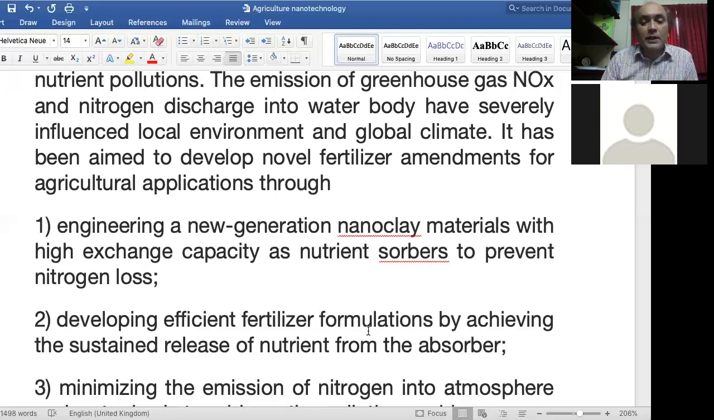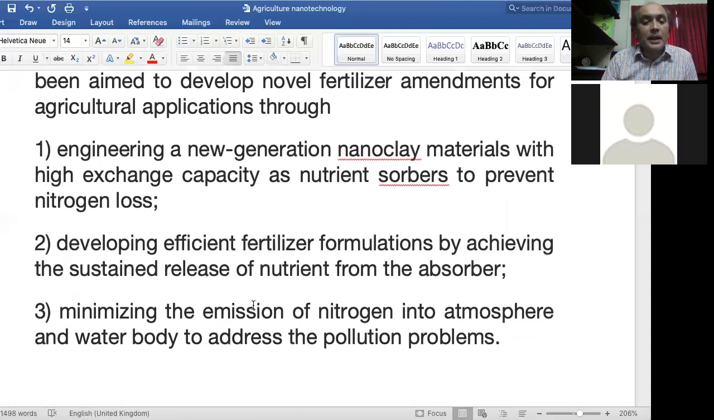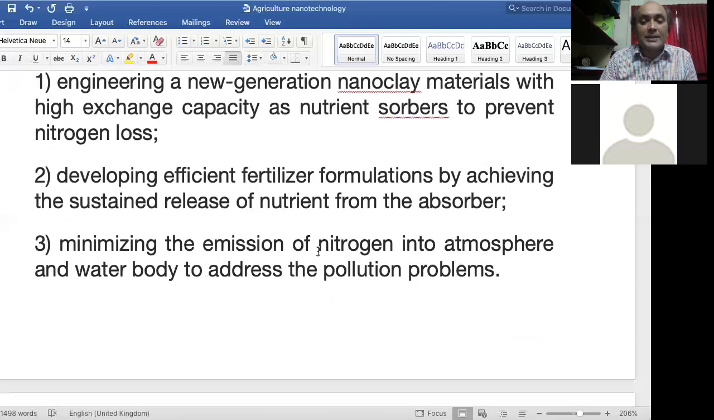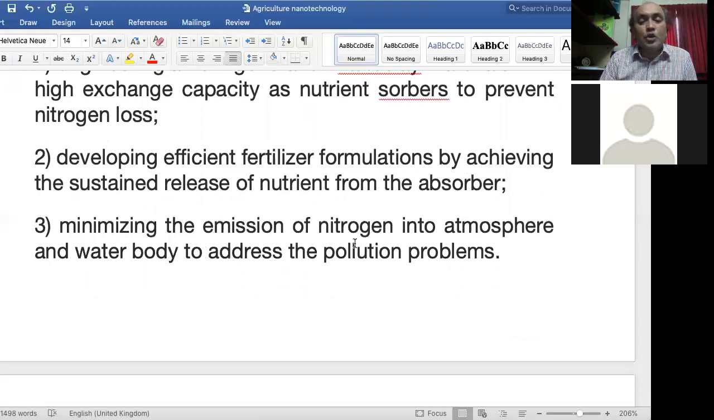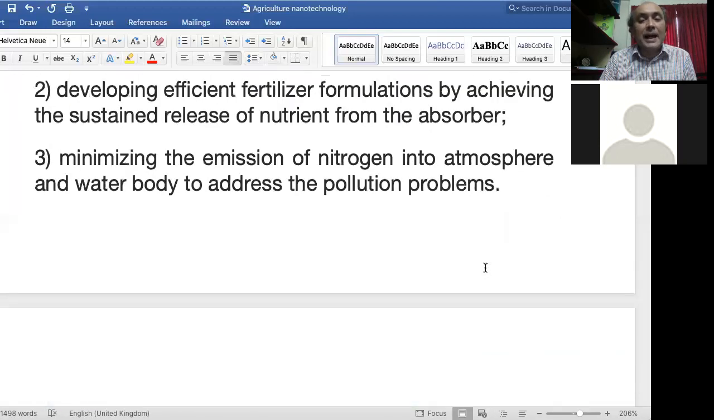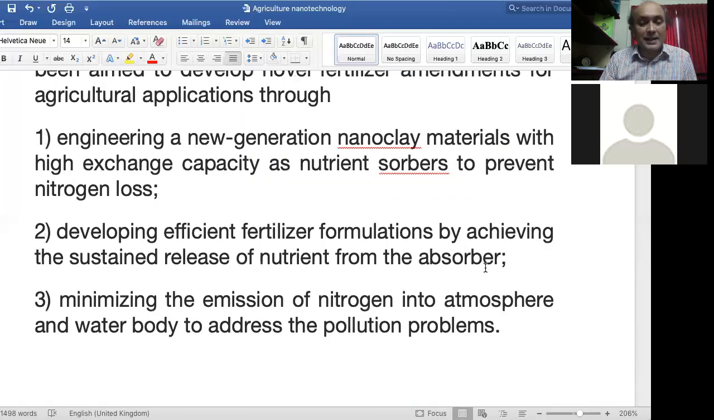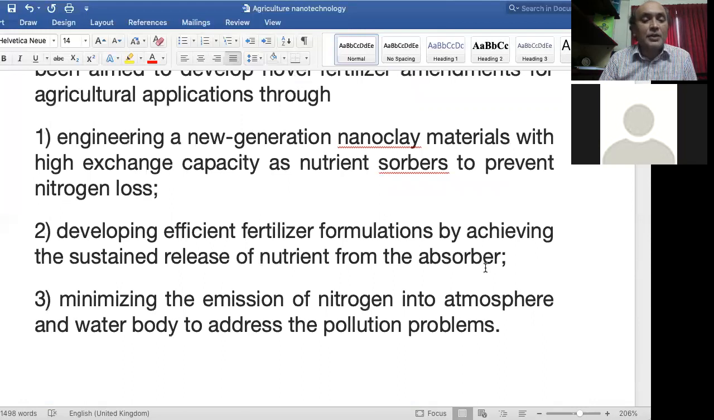Develop efficient fertilizer formulations by achieving the sustained release of nutrient from absorbers. I told you, if we can make nano encapsulation of the fertilizer, then fertilizer would be slowly released, minimizing the emission of nitrogen into atmosphere and water body to address the pollution problems. So these are the biggest three targets, and scientists all over the world are working on these three directions, and